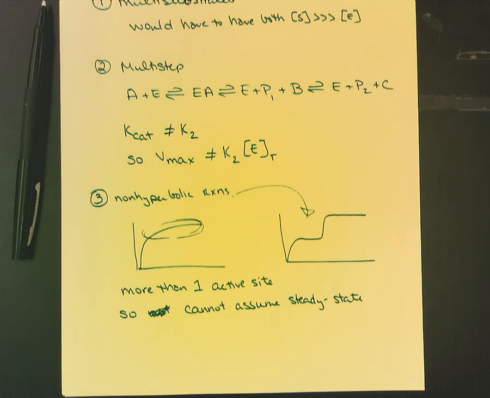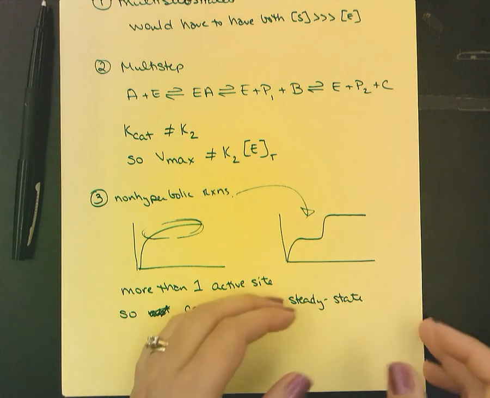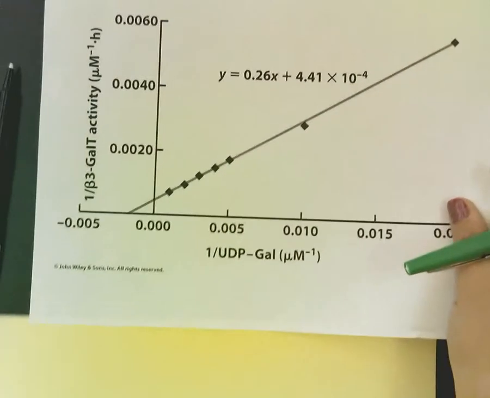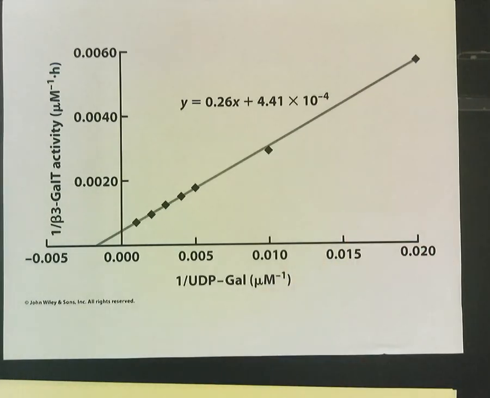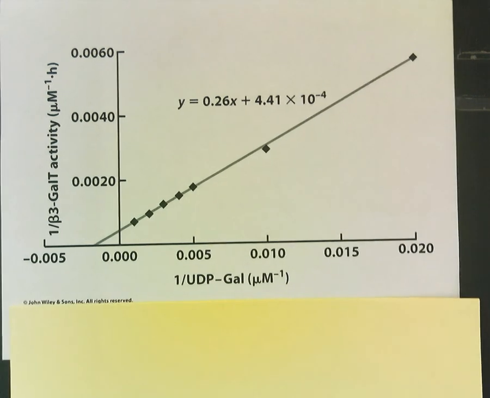All right, questions on our three exceptions? No? Okay. In that case, let me do some graphs, because there's some questions about graphs. And then I'll do inhibitors if there's time. All right, so this is one of your homework problems. This could be a possible test question, right? I would give you a graph, and just like in the homework, given the graph and the equation of the line,